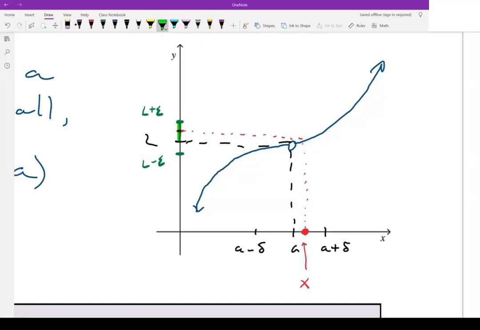So there's an epsilon above, and there's another epsilon below. The distance there, and this is going to be f of x. So I choose a certain distance epsilon above and below L. I'm guaranteed, if I take this now straight across,